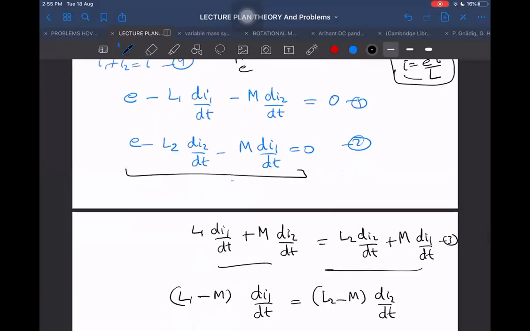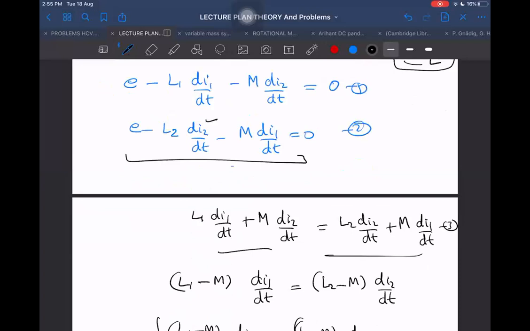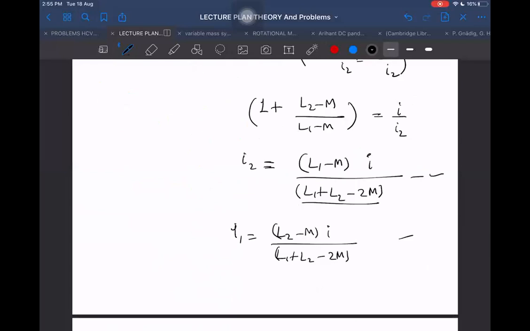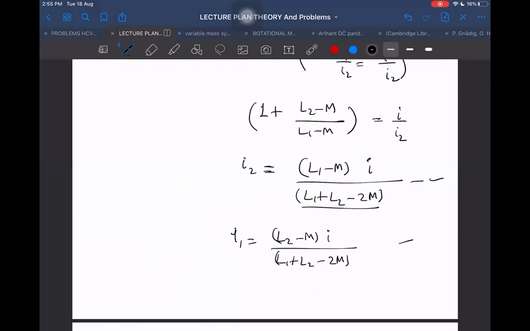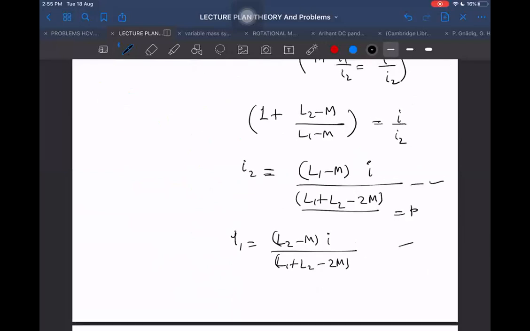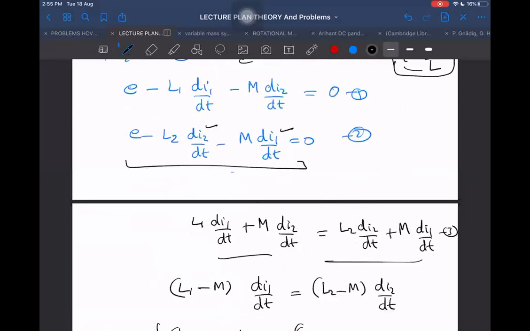Start by substituting the value of I2 in terms of I and I1 also in terms of I. Let us write that, I2 in terms of I. Why don't I just put it for the time being as K2 into I, and this I'm putting as K1 into I. K1 and K2 are constants. Okay. Then what does our equation transform into?